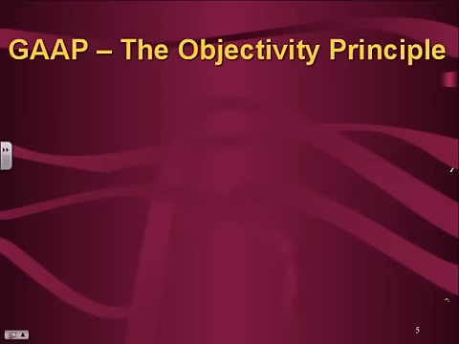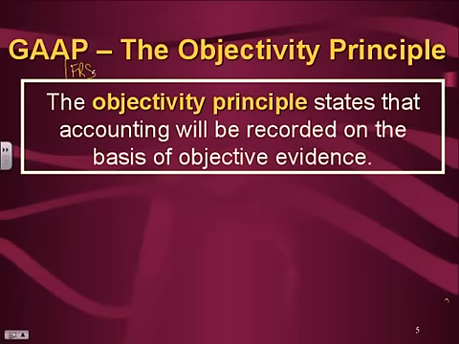Now we've already talked about GAAP and IFRS, but we're going to add another GAAP, or we're going to review this one, the Objectivity Principle. The Objectivity Principle states that accounting will be recorded on the basis of objective evidence. I'm wondering if you can think of something that would give us objective evidence to record some accounting transactions. Before we go on, let's think about them. So source documents